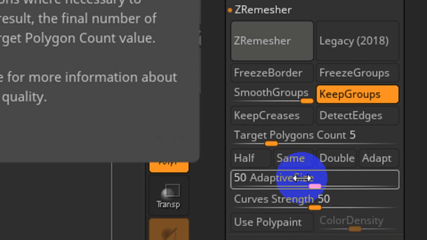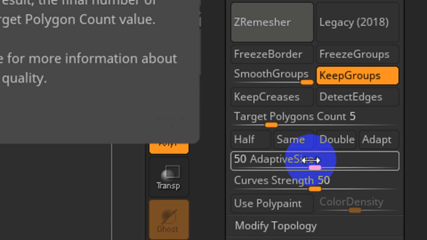Adaptive size. Basically, it's going to try to adapt for the shape versus the amount of polygons. So I usually leave these alone. Sometimes I will adjust them, but